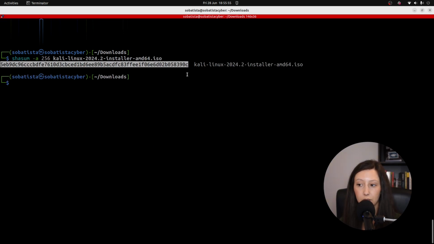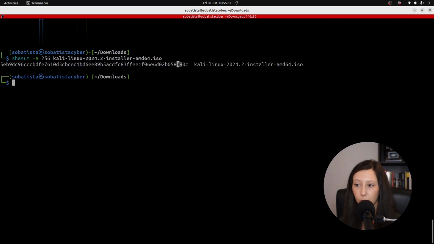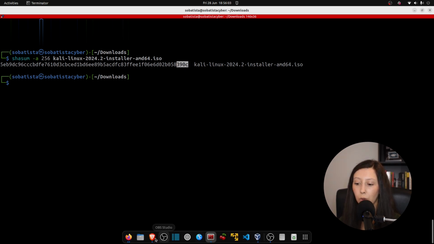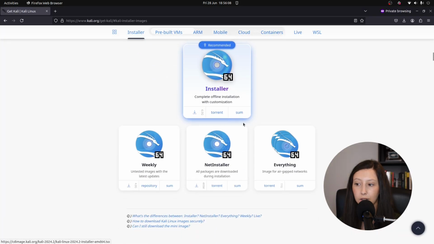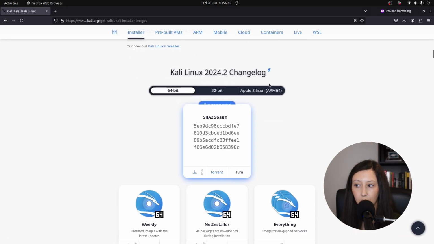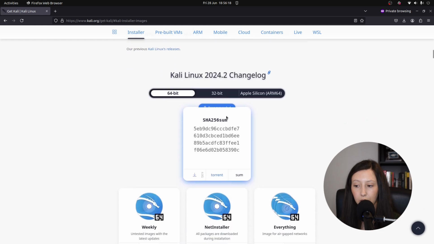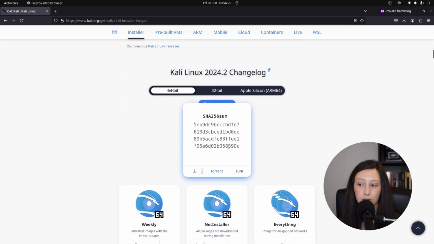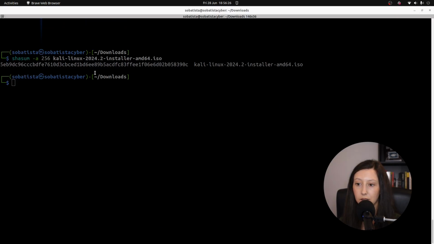Here we have the checksum, and let me see, this checksum ends with 390C. So let's go to our website and check the sum of our file. Our checksum from Kali Linux says that it ends with 390C. So the number is the same. This means that our file wasn't tampered with. So we can proceed with our